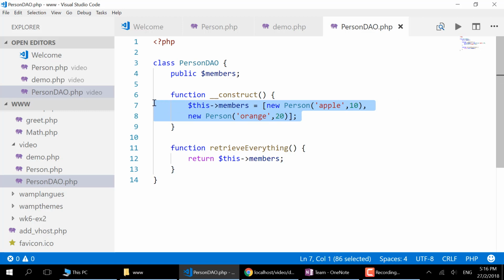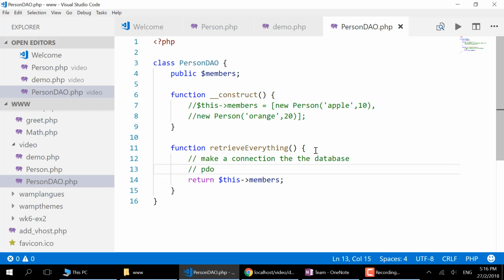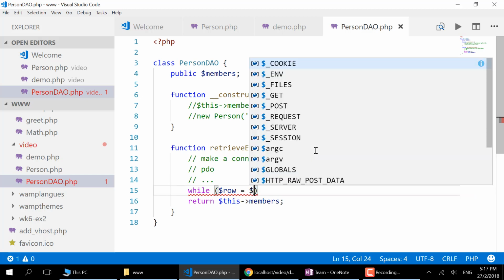Now, in real life, this will not be hard-coded over here. I wouldn't create an array over here, but in real life, what will happen is this will be commented off, and when I want to retrieve everything, I will basically make a connection to the database, meaning your PDO code, and then from the PDO I retrieve out the data, and at the end of the day I basically just assemble them into